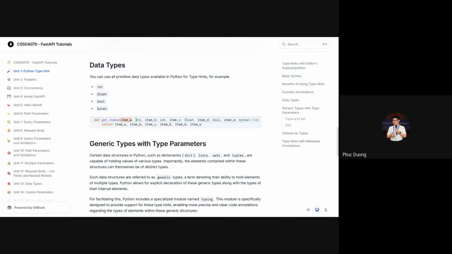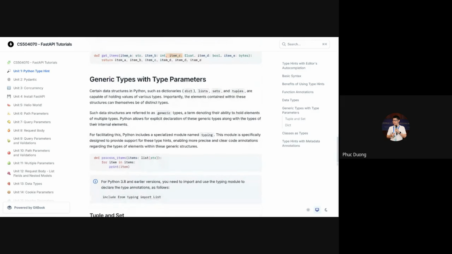You have item A of type string, item B of type int, item C of type float, and so on. Okay, so this is a kind of Python type hint. You explicitly define the data type of a variable or the return type of a function.